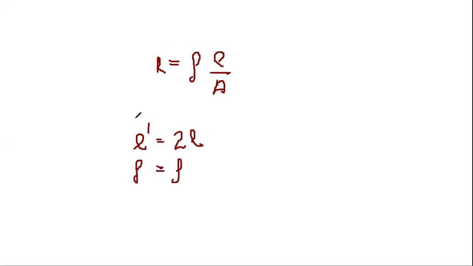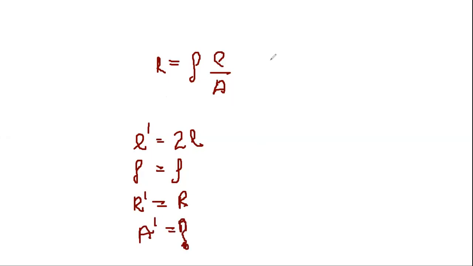So we have to put the value of rho here as rho, and we have to find the area here. So resistance, if it remains same, so new resistance भी हमें ये बताया गया है, so it is same. So the value of resistance is also same. Its new resistance is also R. So we just have to find the new area A dash.